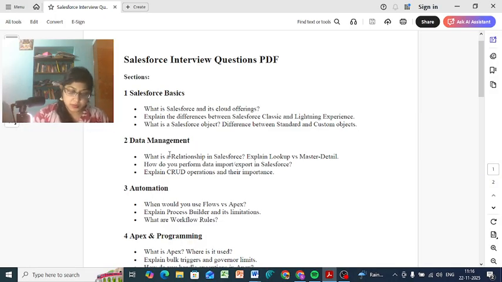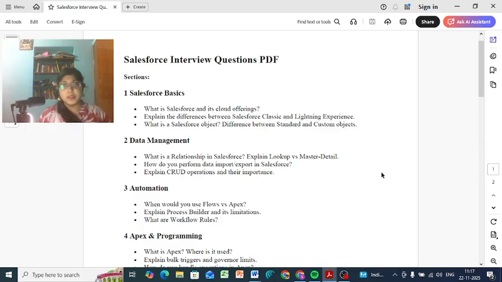Now when it comes to the vertebral that we all are in place with, that is declarative versus programming, flow versus apex. Here's a simple way to think about it. Flows, perfect for admins, great for small to medium complexity, easy to maintain. Now when it comes to the question, what is a Salesforce object, difference between standard and custom objects, we should understand that the vertebral is in place with all the preferences as a proof and evidence that we have handled the situation. Second, apex is required for complex logic, handles high volume data operations, expertise grade error handling.